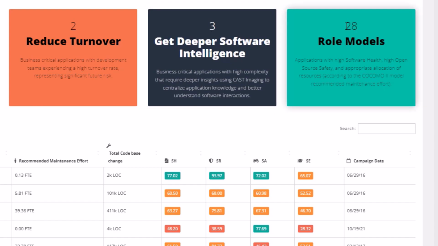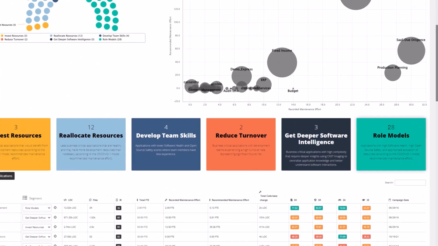And then finally, I have 28 applications that are in the role models category. Basically what that means is these are applications where the actual number of resources assigned to work on them matches closely with the recommended number of resources assigned to them, and they're healthy applications, so that alignment of resources is working out quite well. So I might want to look at what these teams are doing and how they're aligning